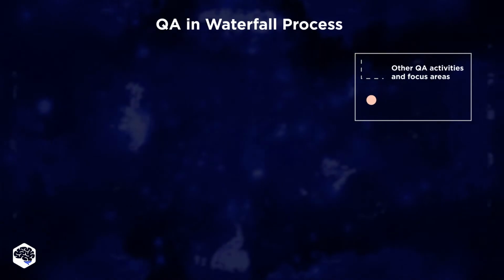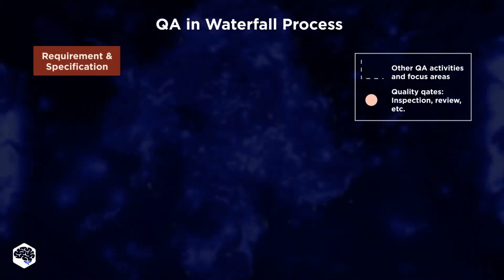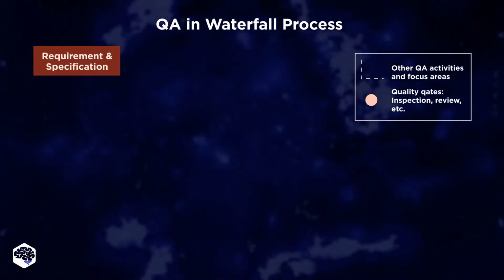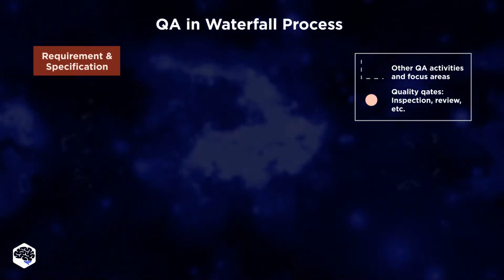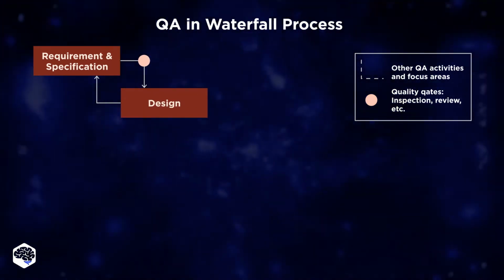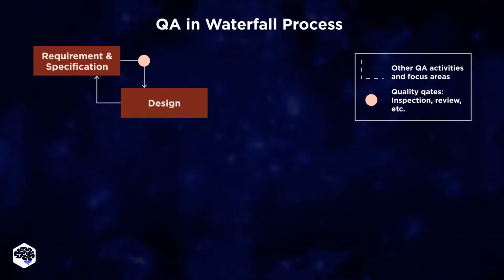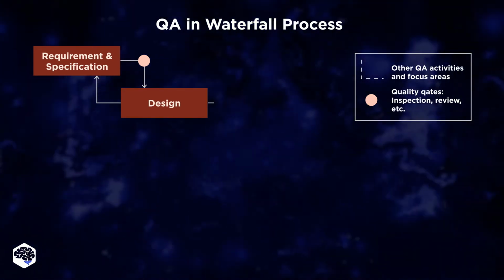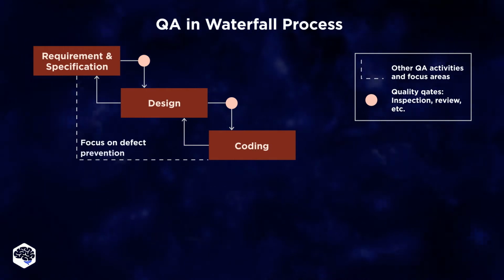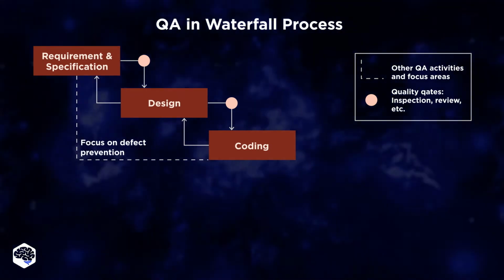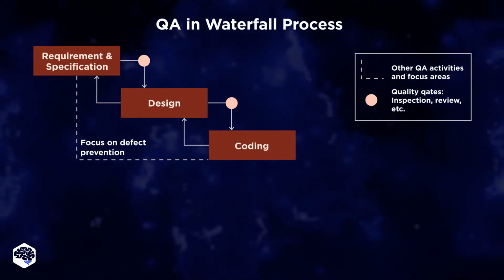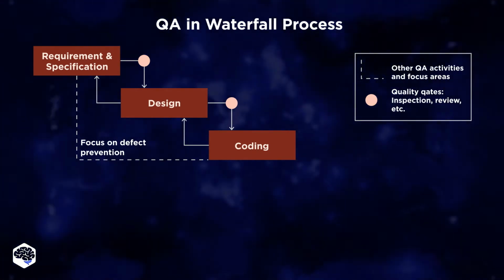Stage 1 is requirements gathering and specification. Here, the quality assurance team describes the ideal version of the product. At the design stage, QA keeps the team in check by always prioritizing the code quality. During the coding stage, the QA team oversees the development process, detects architectural issues, and fundamental problems with the development